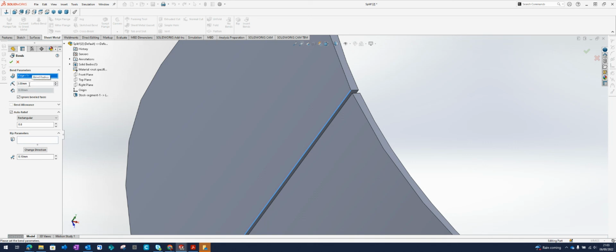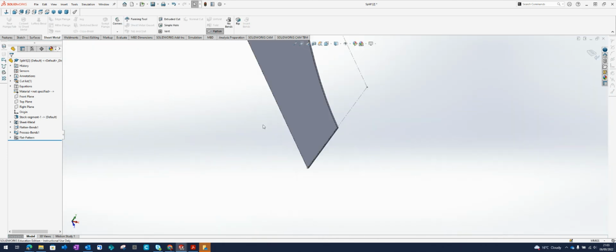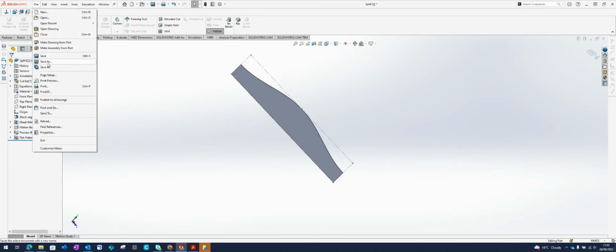So I'm stating that we're going to look at using, now we've got it all in there, so we should be able to hit tick on that. That turns it into sheet metal, and we can actually flatten the part. And then from that we can go file, save as,